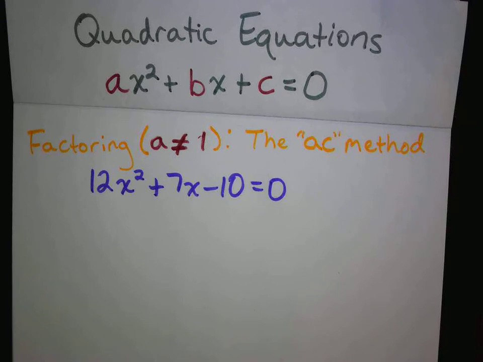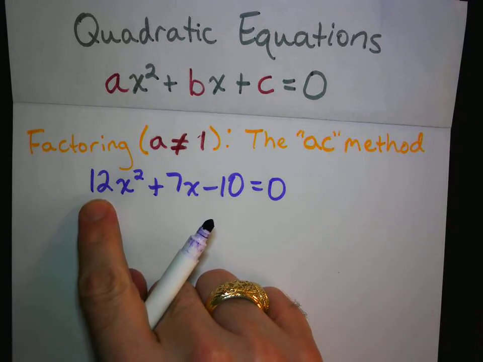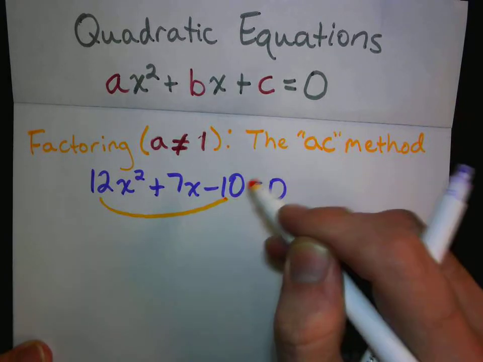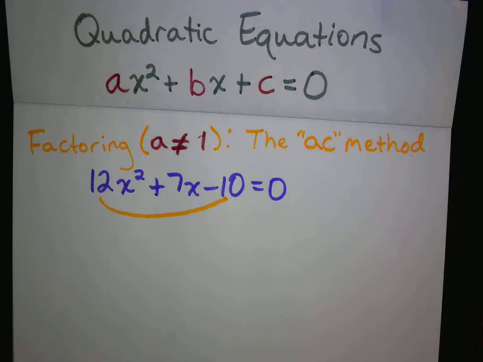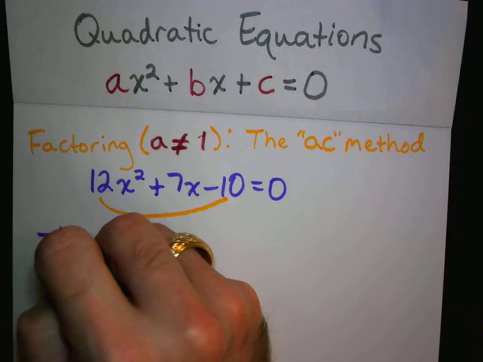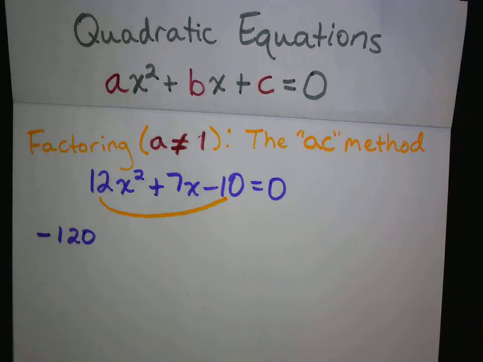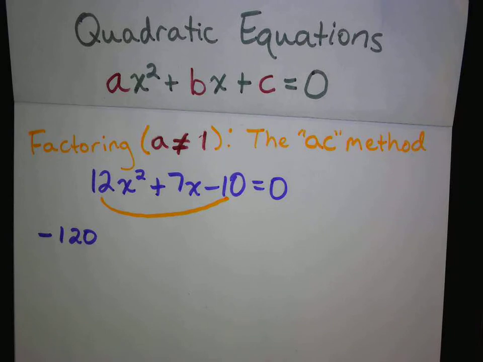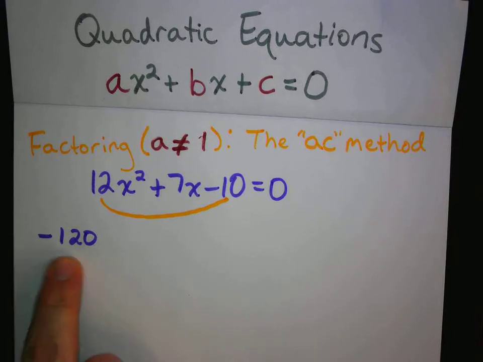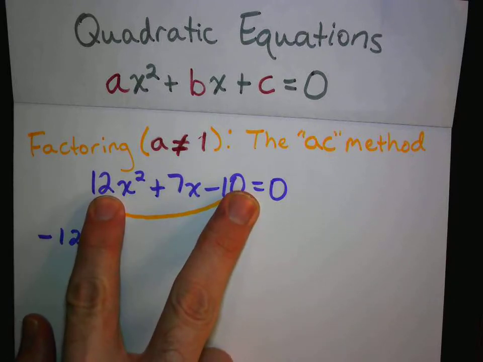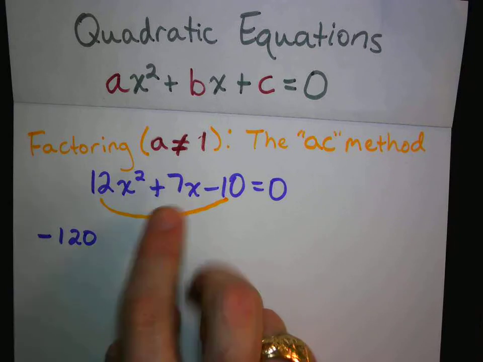It's called the AC method because we start, first of all, by multiplying a times c. So in this case, that's 12 times negative 10, and 12 times negative 10 gives me negative 120. At this point, what I want to do is find all the factors of negative 120. And I'm looking for two factors of negative 120 that add up to 7. So when I multiply a times c, I find the factors, and I'm looking for two factors that add up